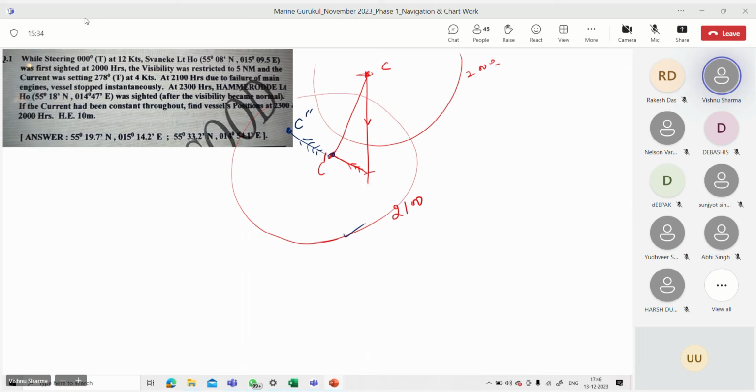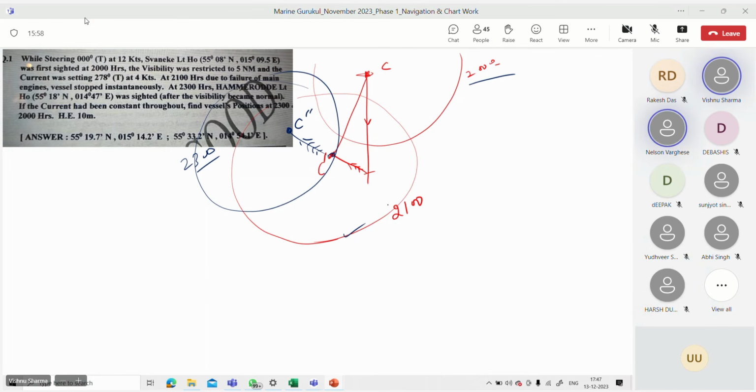What I'm saying is, if you are saying from C double dash, I'll make a 2300 hour PC, this 8 o'clock PC, I will transfer to 2300 hours. Up to that point, you're fine. But then you will need a 2300 hour PC for Hamirod to be first sighted. Yes or no? Yes sir, correct sir. Otherwise, how will you close the only seen question? Sir, that is perfect. I can't understand which range to take. That is what I'm saying.